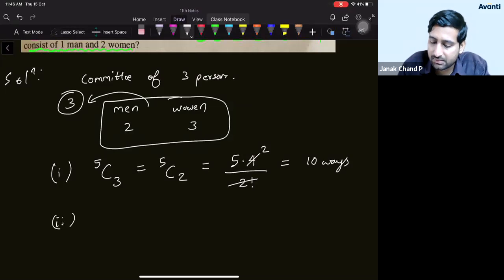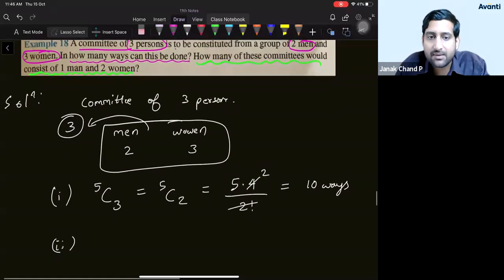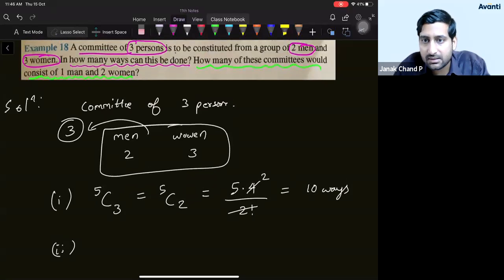Second one. Now in the second one, there are some conditions. I have told you, in permutation and combination, whenever a condition is given, you should first take care of that condition. Kirtan is saying that it is 6, Tanmay is saying 6, Shakshi is saying 6, Tarak is saying 6. Maybe it is correct, right? Let us see what is the way of solving this question.